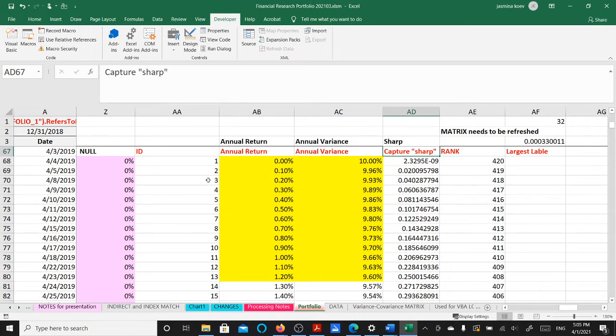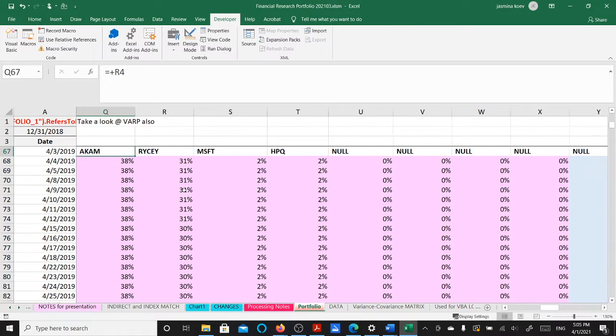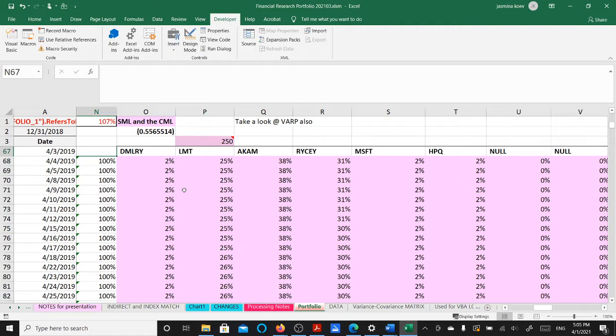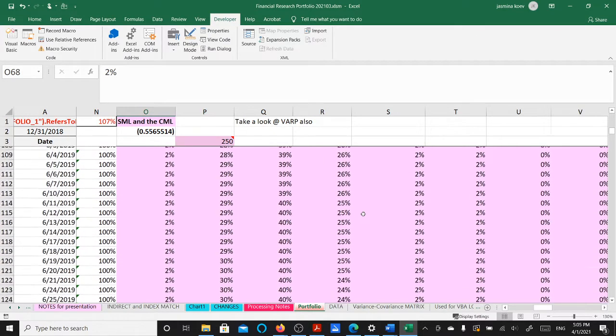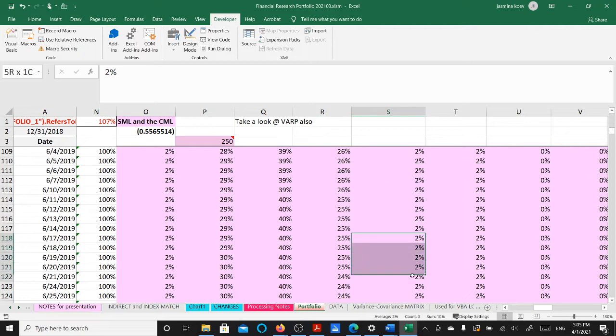Here we have 420 records. The solver ran 420 iterations, and it produced all of this data here, all of these asset blends, just to give you an idea. So the minimum investment I'm asking for it to make is 2%. So if it wants to make a 0% investment, for instance,